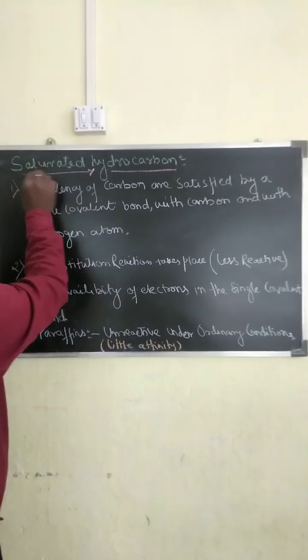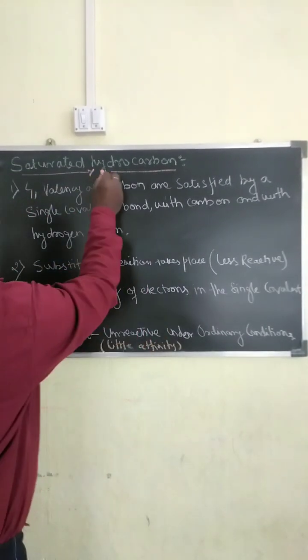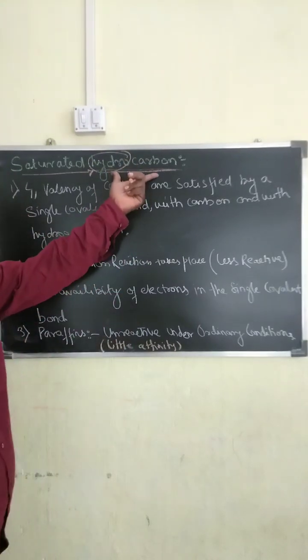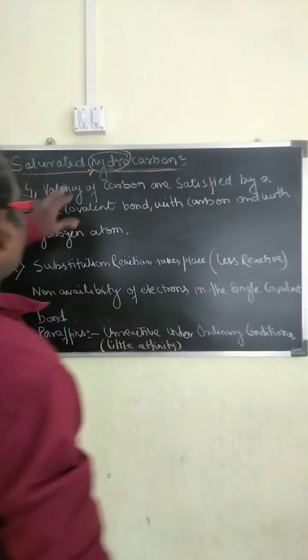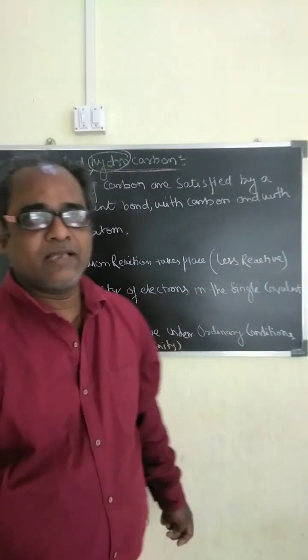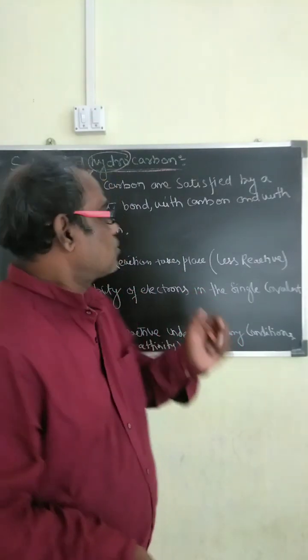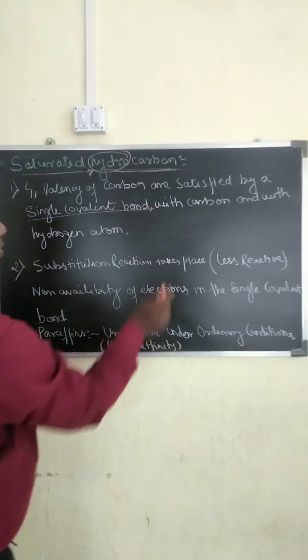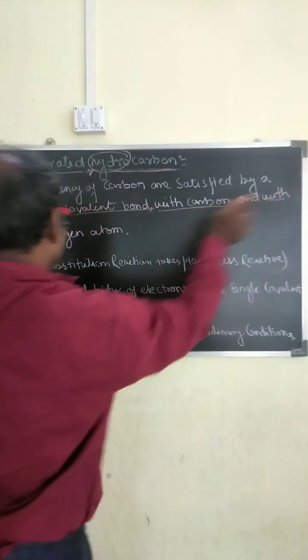Today we will go with the class of saturated hydrocarbons. The term hydrocarbon itself: hydro means hydrogen and carbon, so it consists of hydrogen and carbon atoms. Why are they called saturated hydrocarbons? Because we know that the carbon atomic number is 6 and it has valency 4. So all 4 valencies are satisfied by a single covalent bond, either with carbon or with hydrogen